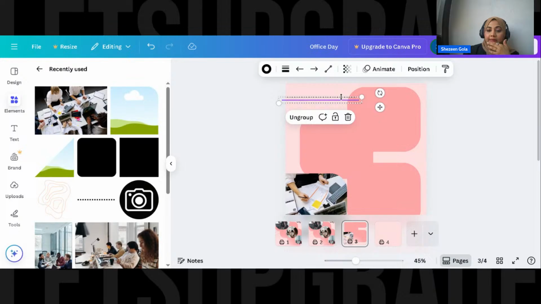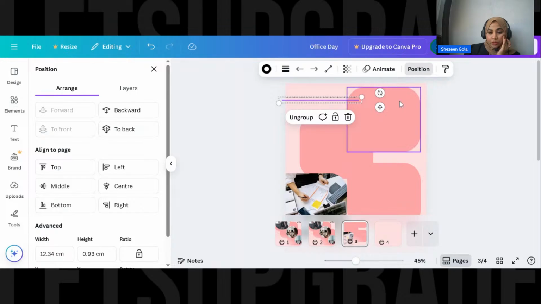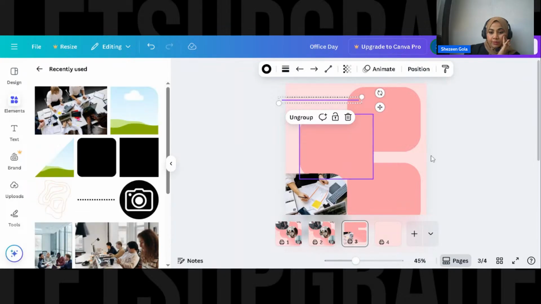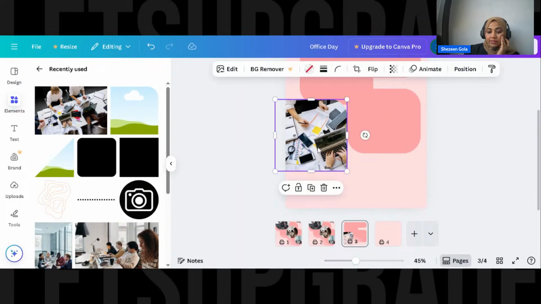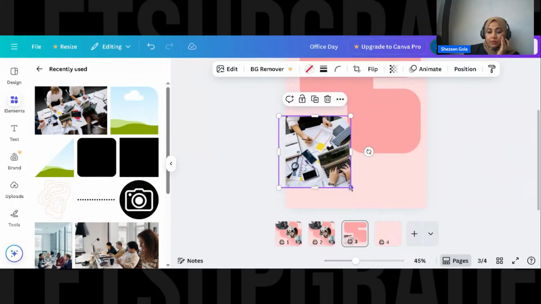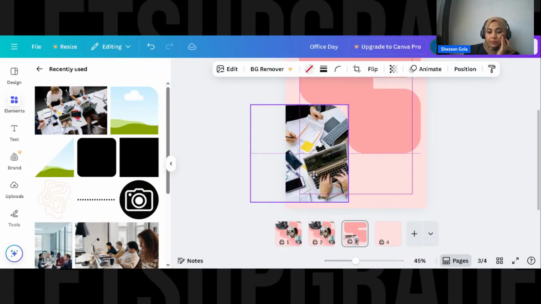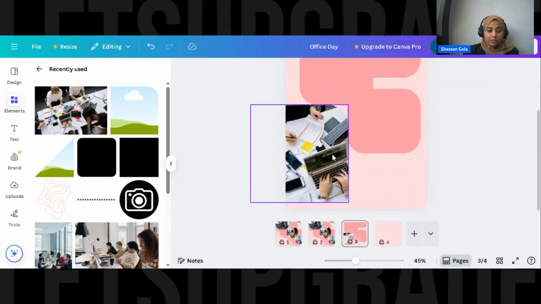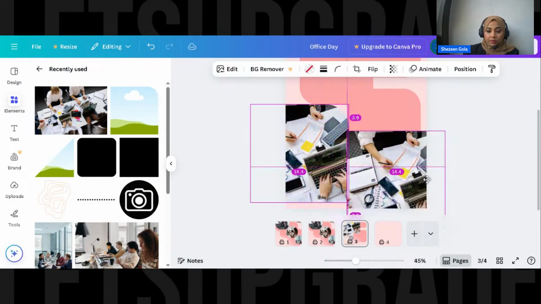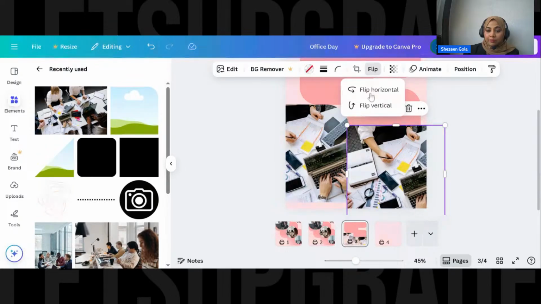Okay, and by clicking at this, I will go on position and send it back. Okay, because I want it behind. So now we have this. You can expand it also. Okay, and if you really want similar, you can get this here and get it flipped.